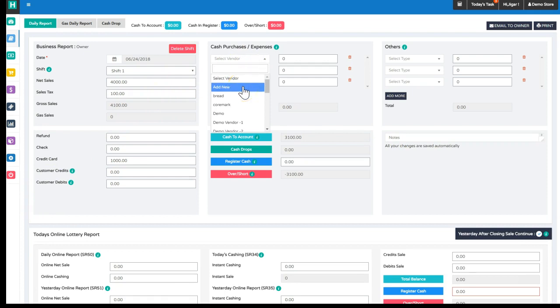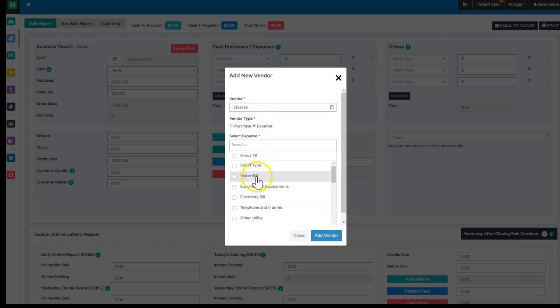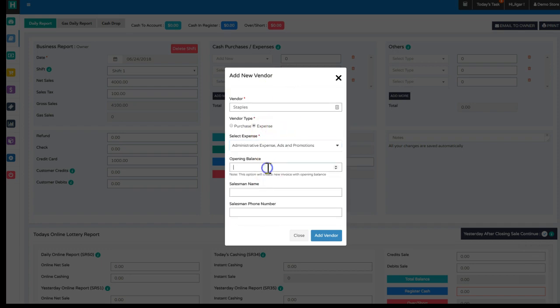First, enter the vendor name. Second, choose if the vendor is a purchase or an expense. If you get confused about either selection, you can see the difference when selecting the department for each type of those vendors. Third, select the department for your purchase or expense. You should select all the relevant departments that your vendor supplies, even if you're only paying for a specific department this time around. This is so you don't end up with too many of the same vendors as your list